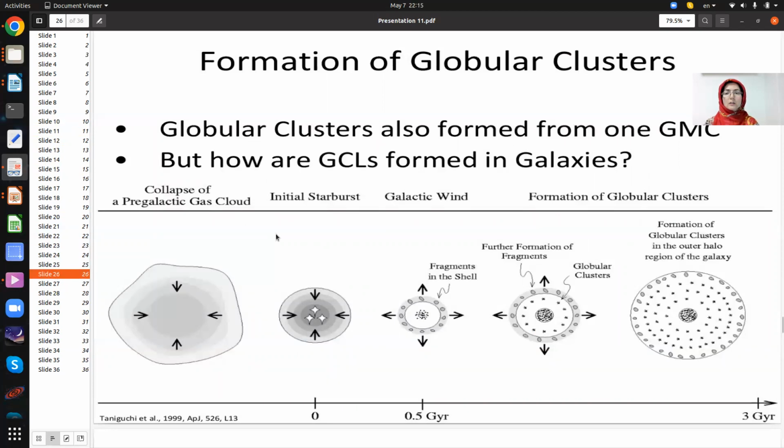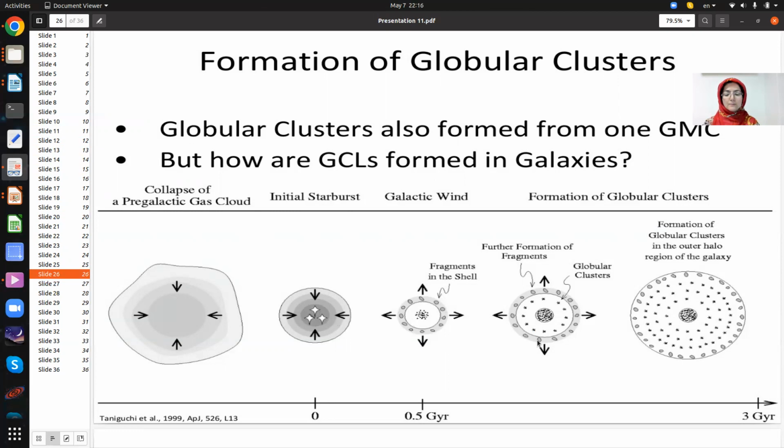For formation of globular clusters, we can say globular clusters form from one giant molecular cloud, or GMC, with a first, initial starburst. Here is a giant molecular cloud. It collapses, or with shock waves, there is some globular cluster in the center of them. Then with the first initial starburst, globular clusters formed in the galactic bulge here, and then we have fragments in the shell,